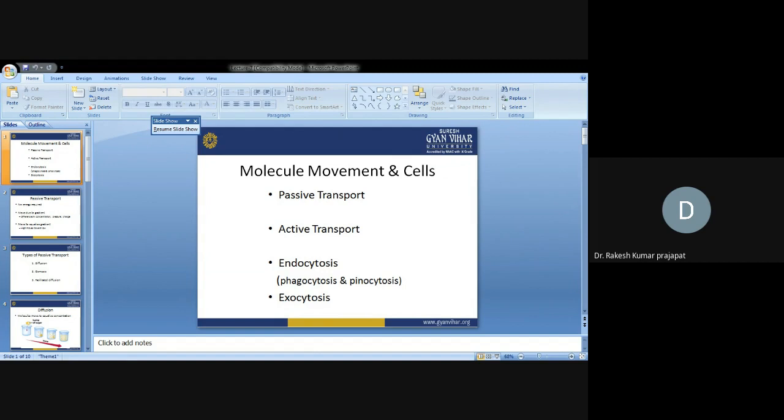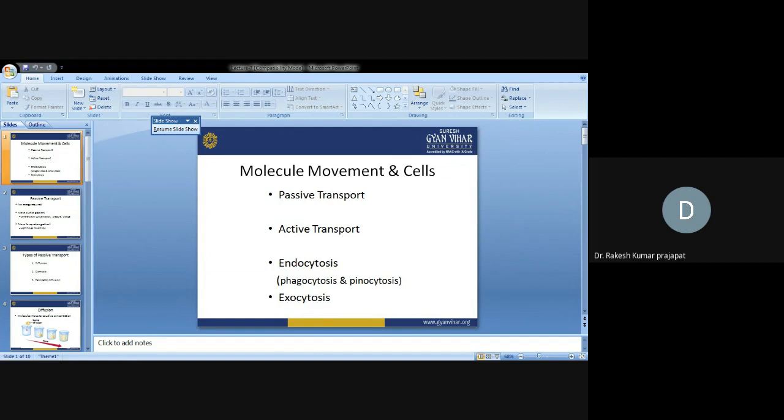Facilitated diffusion depends on a differentially permeable membrane. Channels help specific molecules or ions enter or leave the cell. Channels usually are transport proteins. Aquaporin facilitates the movement of water. No energy is needed in that. There is a process of facilitated transport: protein binds with the molecule, the shape of the protein gets changed, and the molecule moves across.